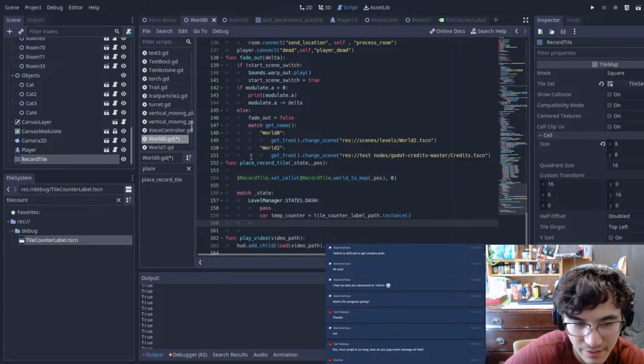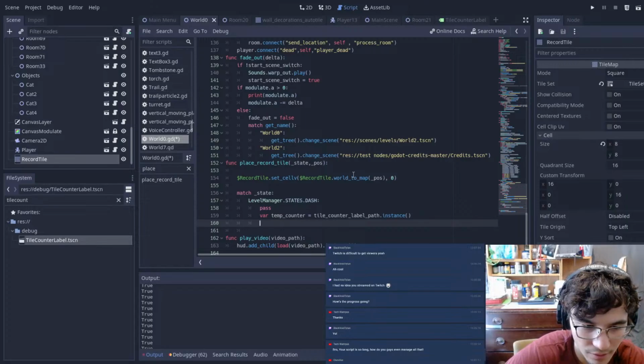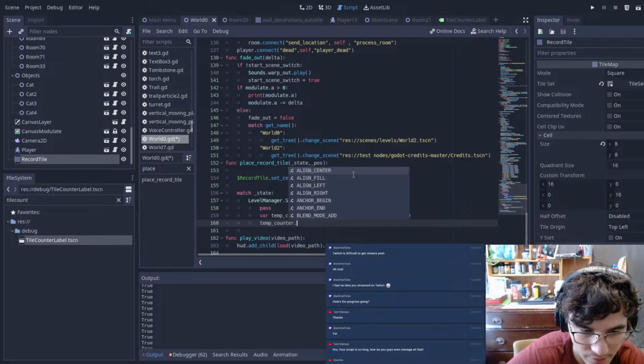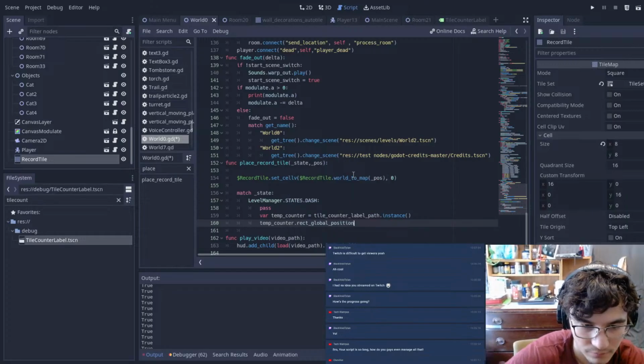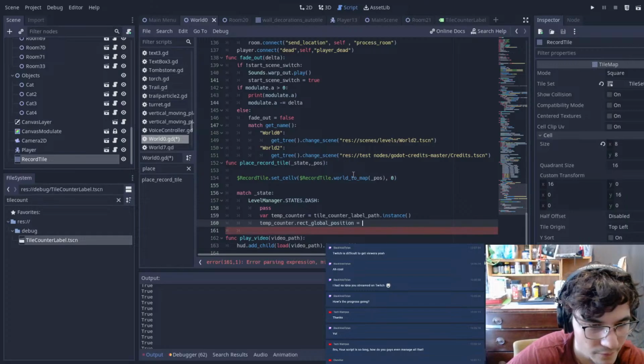And then we're going to want to put this in the same exact position. So temp counter global position is equal to the